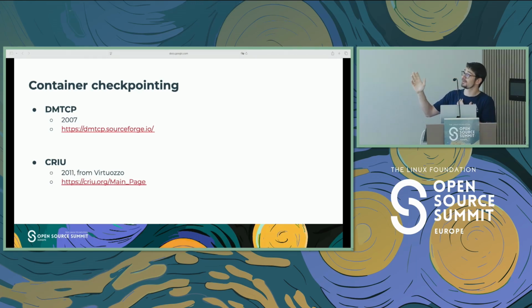So the first one was DMTCP, distributed multi-threaded checkpointing. It started in 2017, as you can probably guess from that SourceForge URL. It uses LD_PRELOAD as a trick to inject its own hijack library and then coordinate with the checkpoint event. It also had a 4.0 release this past June, so it is still actively maintained. But if you want to migrate something with DMTCP, you're supposed to start that command with dmtcp_launch, so